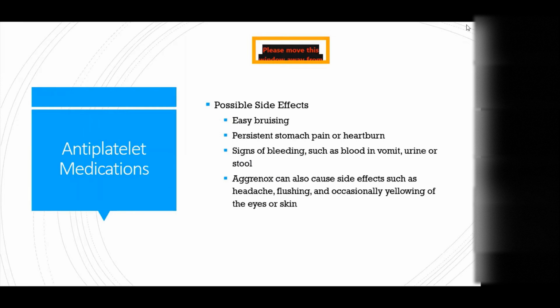Real briefly, I wanted to go over possible side effects. Antiplatelets are pretty well tolerated by most people. We have to think we're kind of thinning the blood, or we're preventing clots. So the opposite of that is we have too much bleeding. And so possible side effects we can see is maybe you get a really bad bruise on your arm or leg